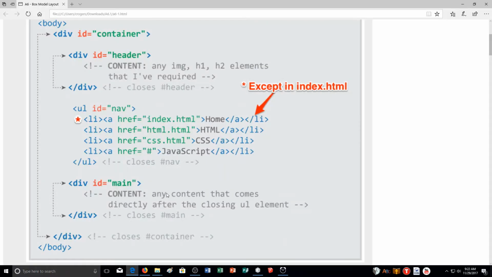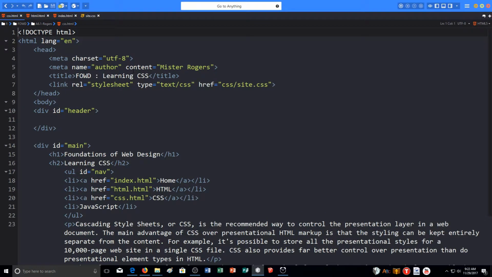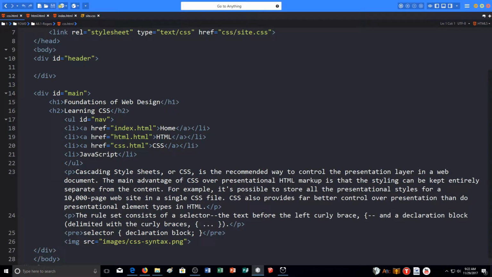So first off, it said in our instructions we need a div container, div header, and then of course a div main and the UL. So I'm going to go to, let's see here, the HTML file I'm on first is CSS.html. And so I got to make sure it's there. Now the div IDs we're adding are in the body section. So you want to get down to where you can see body right after the head. And the first one is div ID header. And you can see right now that